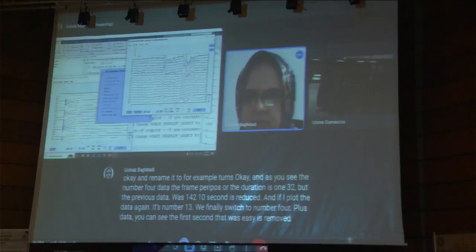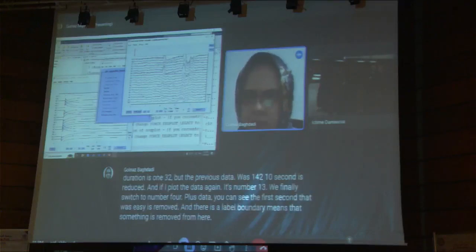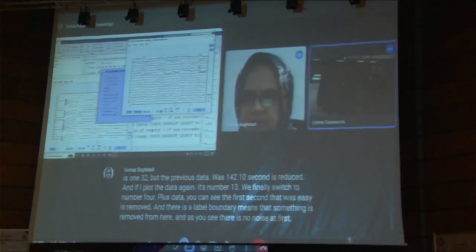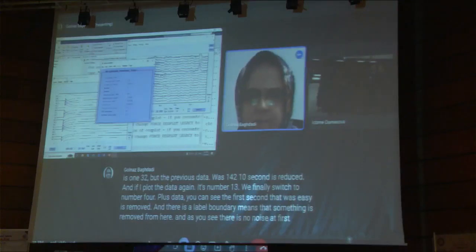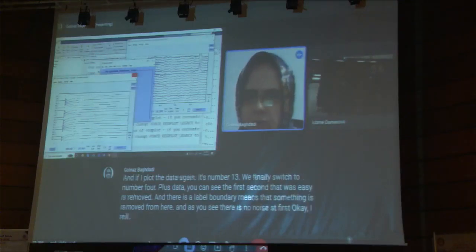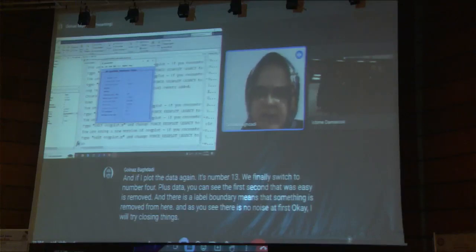And there is a label boundary, meaning that something is removed from here. And as you see, there is no noise at the first second. Okay, I close this. The next step is to see the